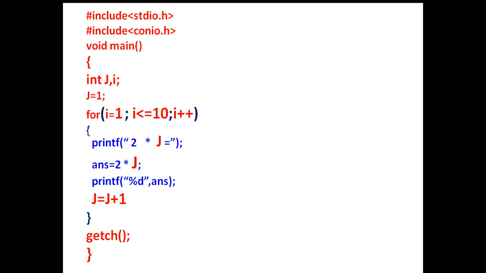So we can also make it short because here we have taken two variables, I and j. Both variables are being incremented by 1. So we can take J in place of I, or I in place of J. So we are changing the I here to J. We have used the J variable in the for loop also. So this time we have only one variable. So we have made it short and it will now print the full table of 2.